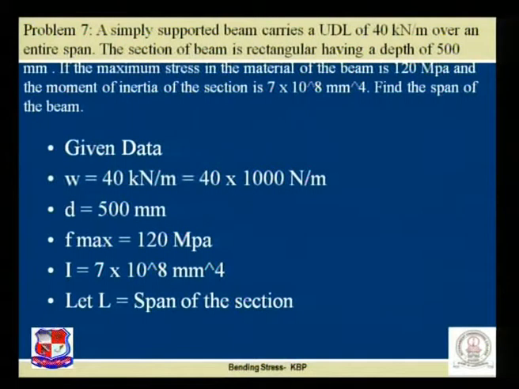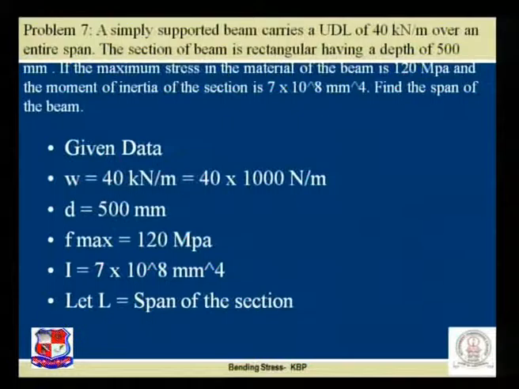Very good problem which has been given to us, and we have to solve it using the concept of bending stress. Let us refer to the problem once again and find out which data has been given to us and what our unknown parameter is, what we have to find out in this particular problem. So let us see the problem once again. The given beam is a simply supported beam, please refer to the PPT. The UDL which is acting, W, is 40 kilonewton